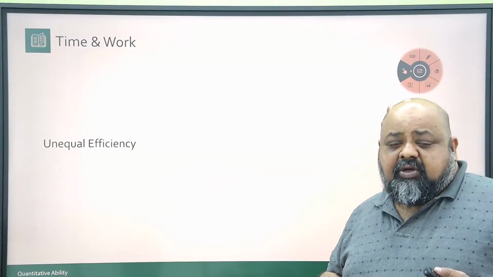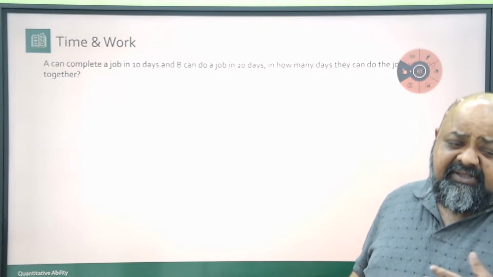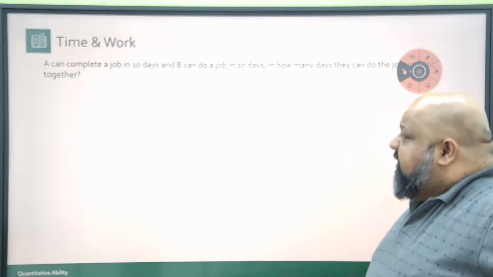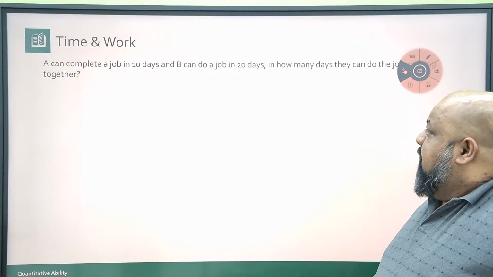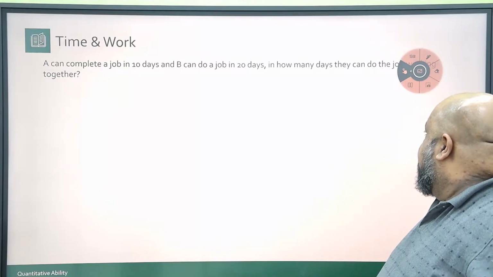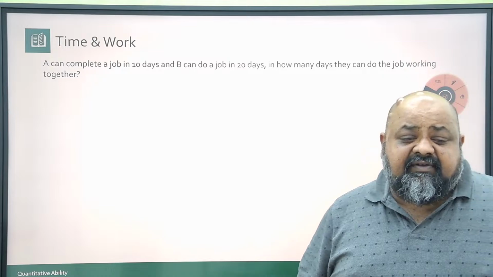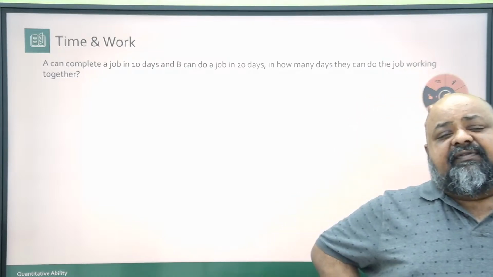Starting with the basic concept of unequal efficiency. And the most basic of questions will read something like this. A can complete a job in 10 days. B can do the same job in 20. In how many days can they do the job working together? So clearly, A and B have different efficiencies. Now, if I ask you